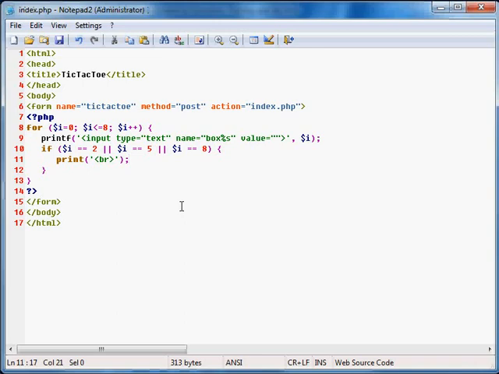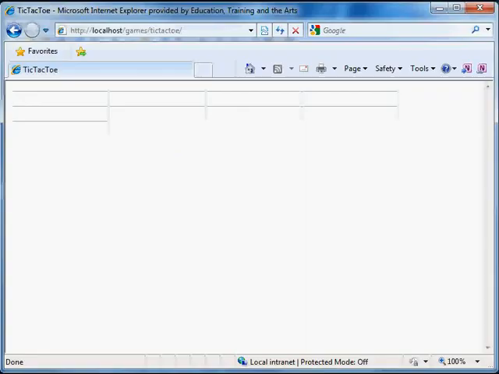So if we save it and we switch back to our page, assuming you would have uploaded it again to IPT Online, you refresh it, and now we have 3 by 3 on our grid. 0, 1, 2, 3, 4, 5, 6, 7, 8. So it's placed a break after the 2, the 5 and the 8. So far we've managed to build a grid of 9 text boxes using only a couple of lines of PHP